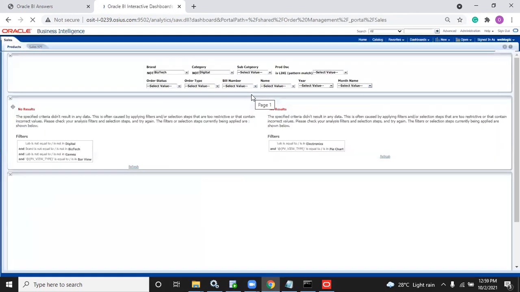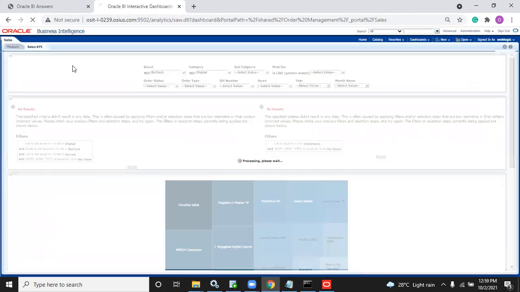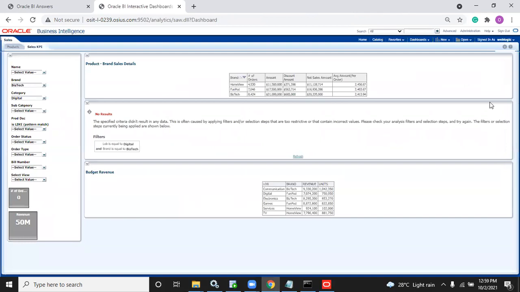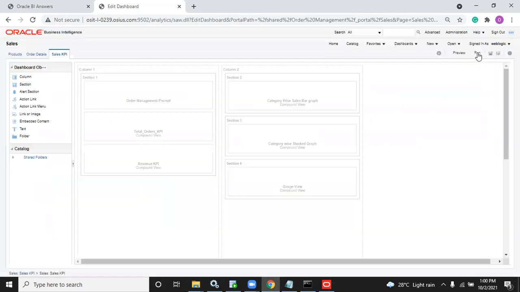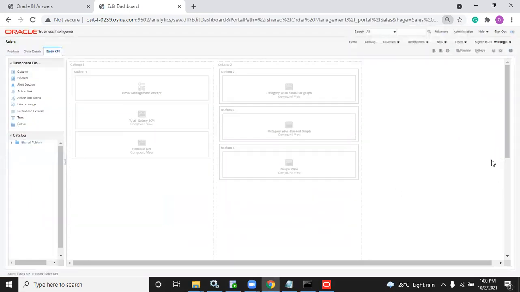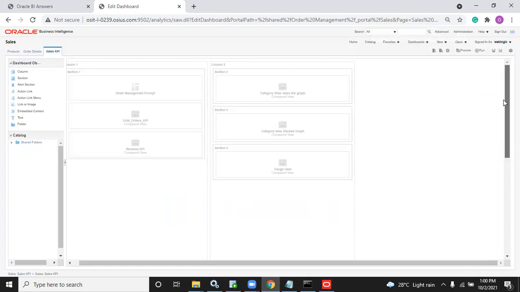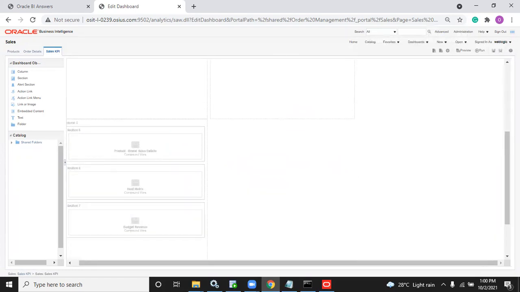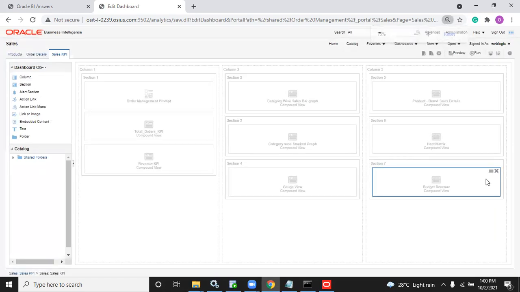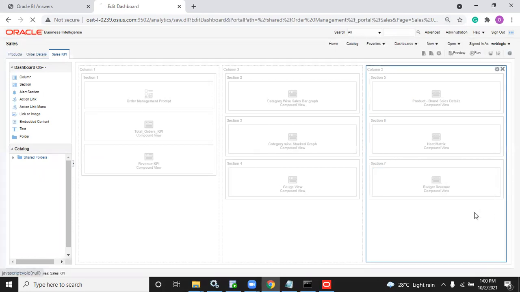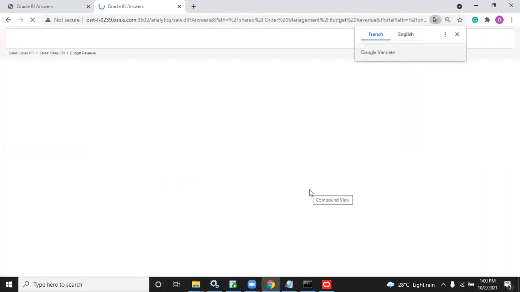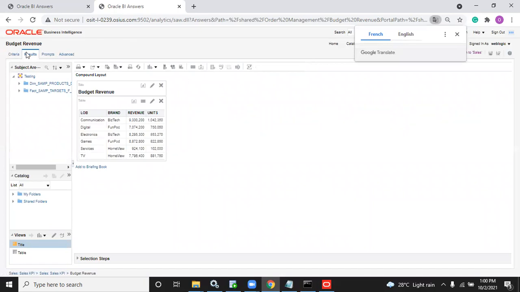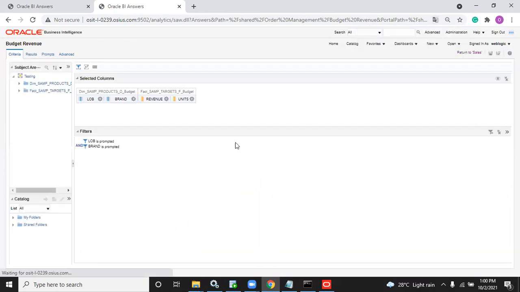Is prompted will not work now. Whenever is prompted is not working, we will go for a variable. Clear? Where is that KPI? Here. This is an important topic.